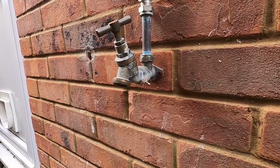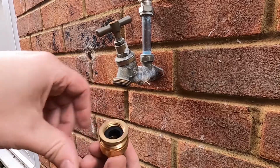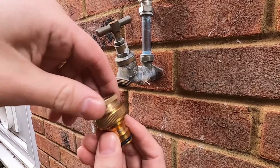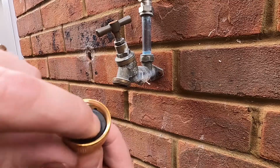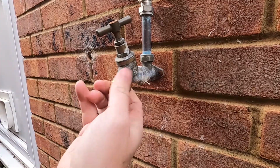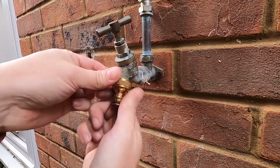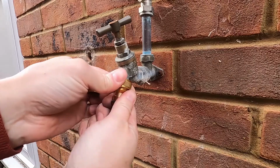So here we are outside. We've got a brass tap in here. Now you'll note this doesn't fit on here. There are two thread options on the tap fitting. You'll need to take one out. Now make sure there's a rubber gasket in there, and this should then merely go on there. Again, you don't want to over tighten it, just as tight as it will go by hand, and that is